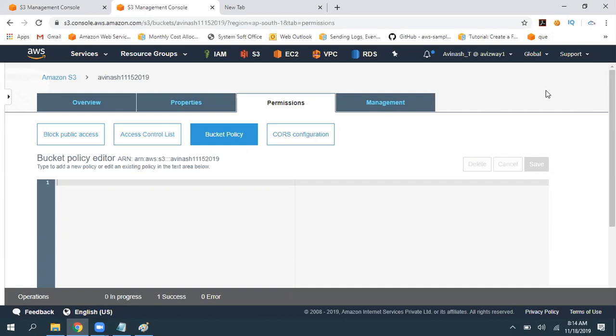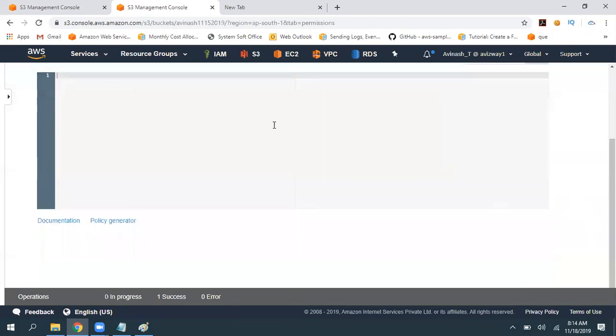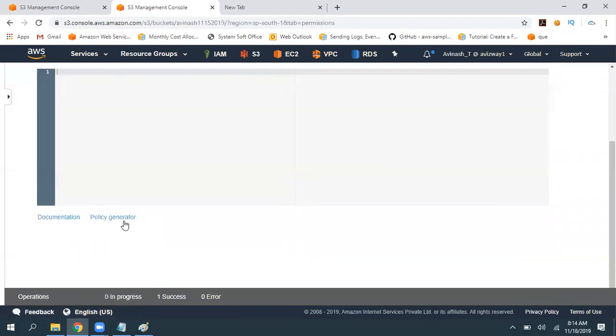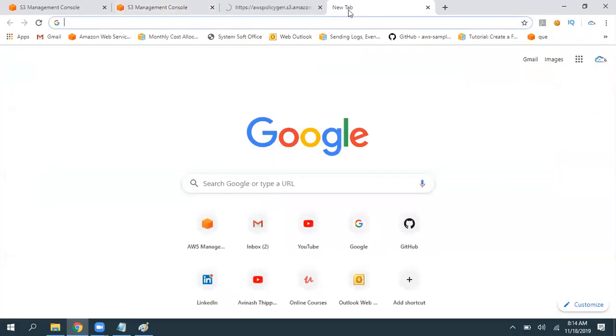Even if we have admin permissions on my entire AWS account, even if we have full permissions on the entire S3 platform, if I'm still denying at bucket level or resource level, then deny is going to take effect. Remember that. Again, these policies can be written in JSON format, but we have policy generators. Here is one. Navigate to the policy generator.